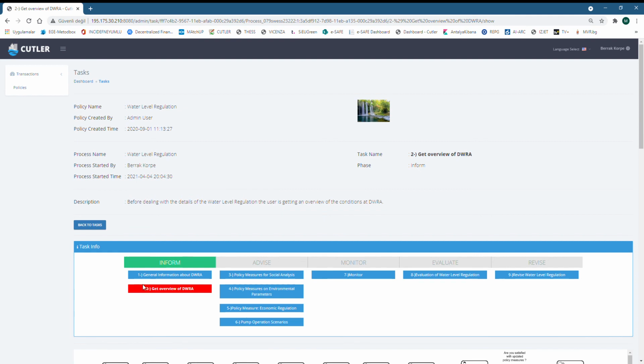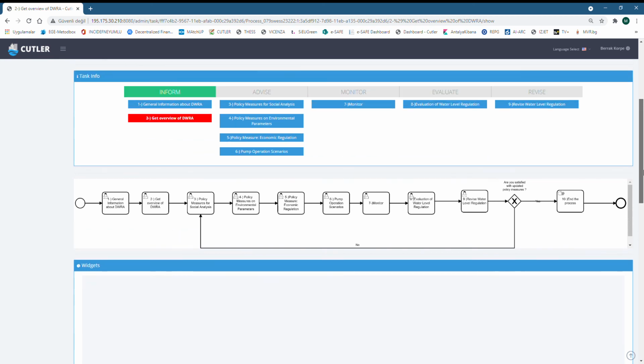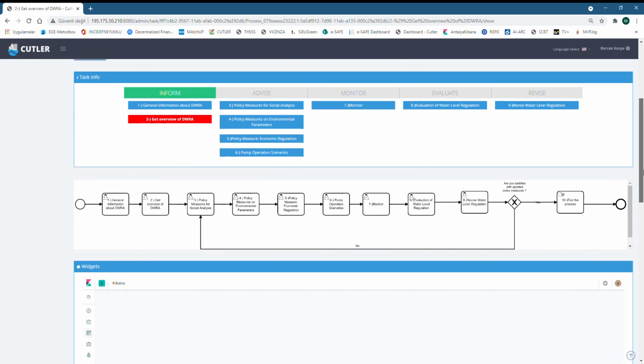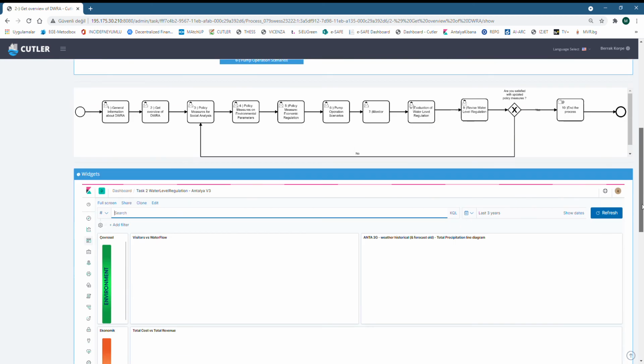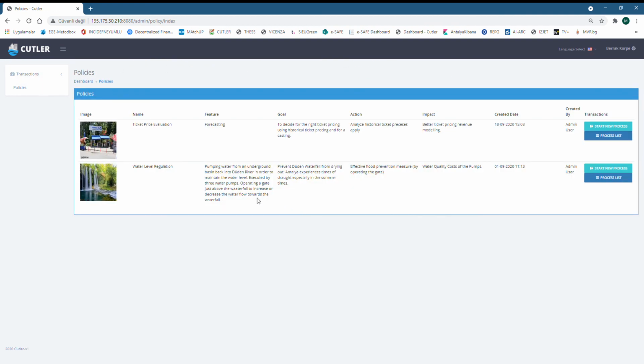The next step is the second item, which is still under the inform stage, and another dashboard, another widget library, will be loaded for the policymakers to follow up their jobs. What the policymakers have to do is to follow the guidelines and implement their processes till the end through the platform. They can easily come back and check what processes have already started,